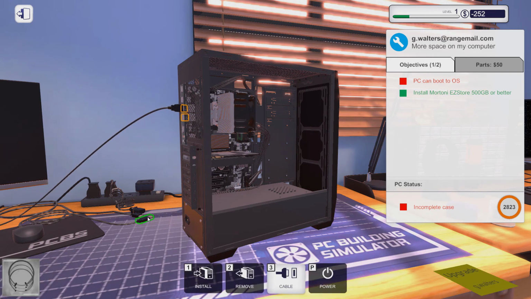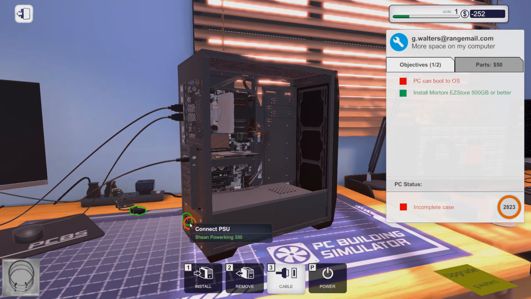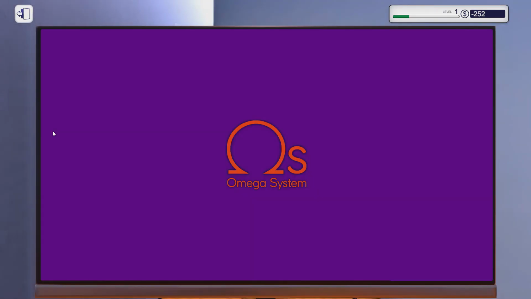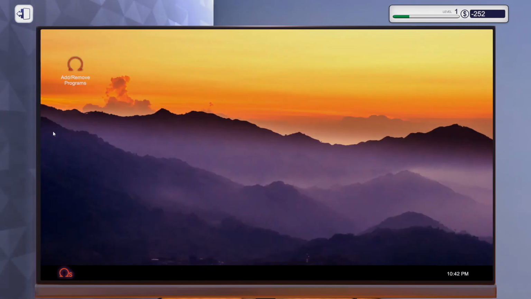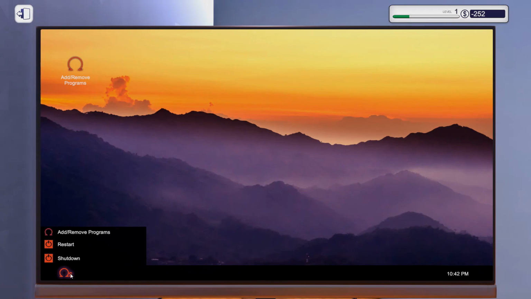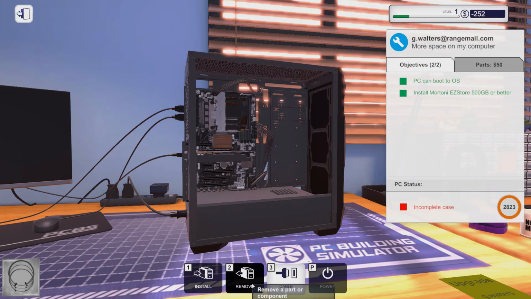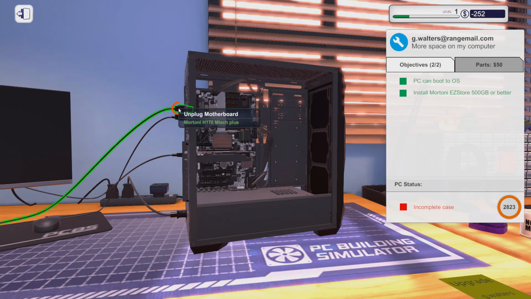All right, we're going to make sure it boots to the OS, and apparently then we're done, even though in real life you would need to format the disk and make sure Windows has detected it, or whatever operating system you're using has detected it. All right, it boots to OS. So we're going to go ahead and